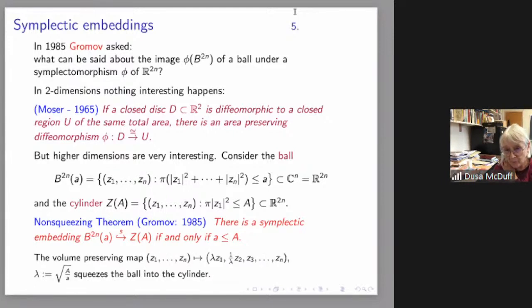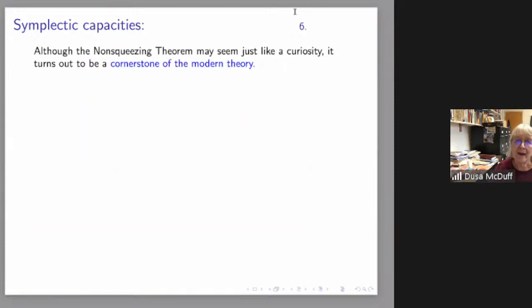There is, of course, a volume preserving map that takes the ball into any very thin cylinder, because you can squeeze in the first 2 directions and expand in other directions to compensate. But you can't do that in the symplectic setting. So that was the first non-trivial result of this kind. And you might think it's just a curiosity, but in fact, it's very important. It leads to the notion of